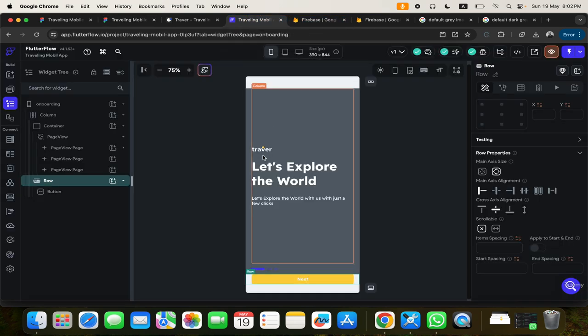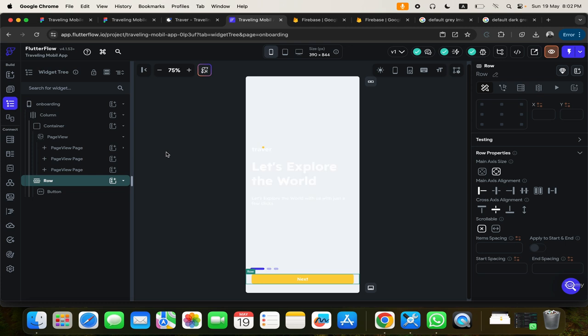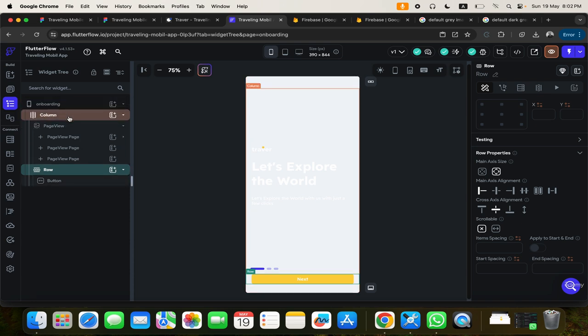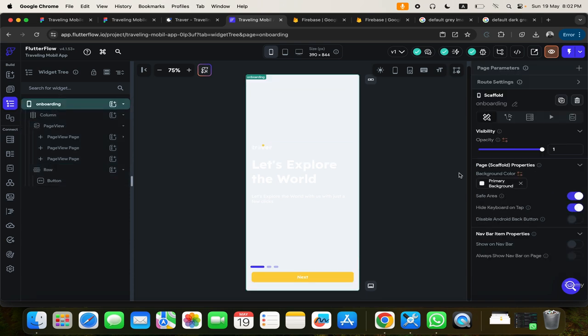Okay, now I think we still didn't cover everything. So let's go off there. I think that didn't work out, so I'm just doing Command Z to undo what I did. Now I'm going to click on onboarding, and then I'll come here to the background color. Okay, now this one can only give us a background color, but